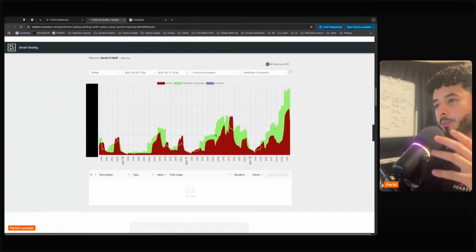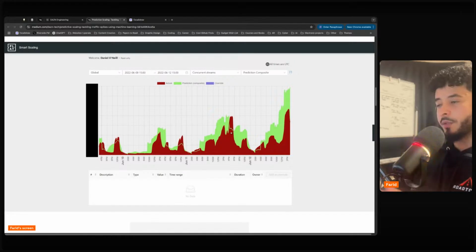So what they're trying to show here is the prediction fits the actual data basically, and sometimes they overshoot, but I think overshooting is better than undershooting, if that's even a word, because if you have more actual viewers and you've predicted you're going to have less, then a lot of users will have an unsatisfactory experience.